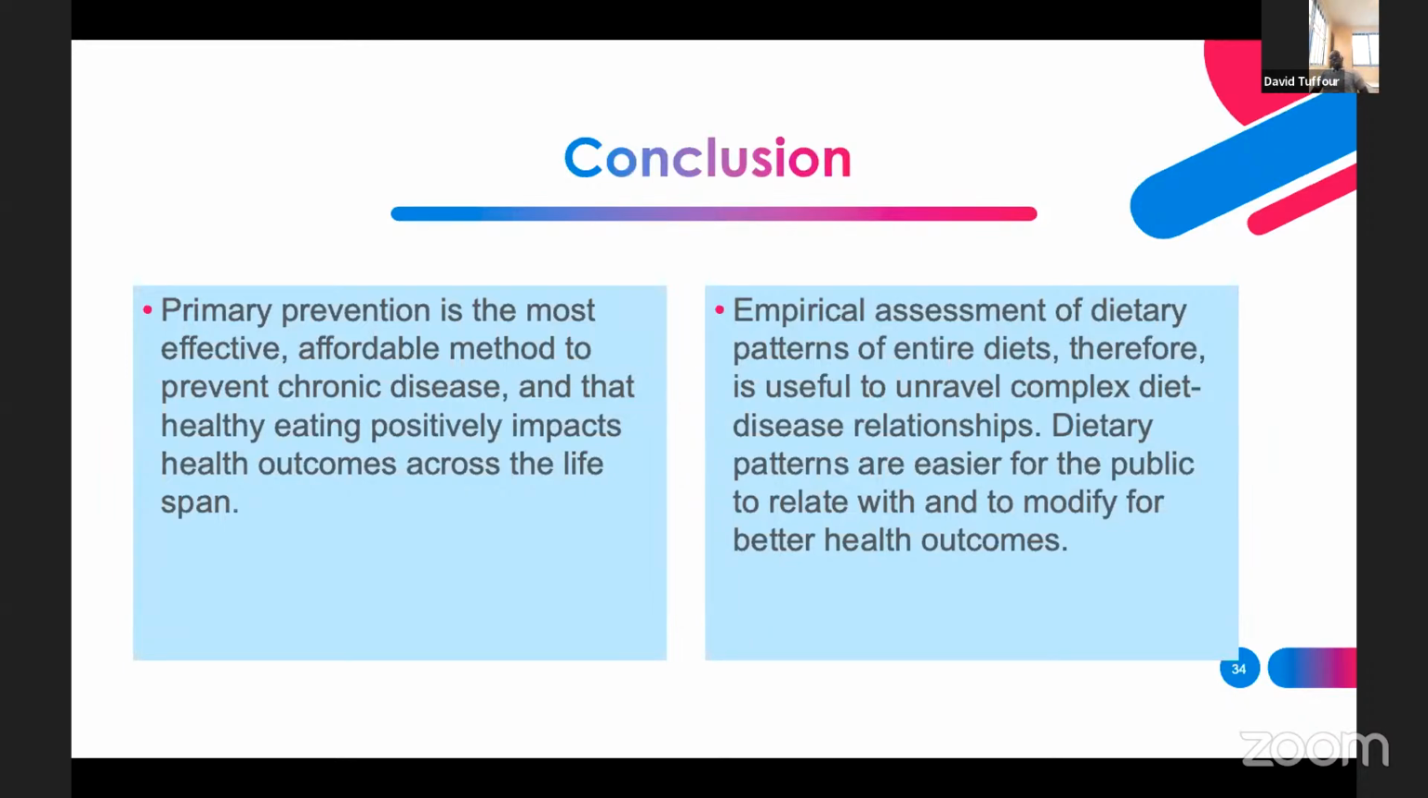So if you do this, if you eat like that, you are likely going to achieve a very healthy lifestyle, in the sense that your body will control the blood sugars very well. You have a good control of your lipids, and this will help you reduce your risk of getting the non-communicable diseases, which I mentioned earlier on. So in conclusion, primary prevention is the most effective, affordable method to prevent chronic diseases, also known as non-communicable diseases. That healthy eating positively impacts health outcome